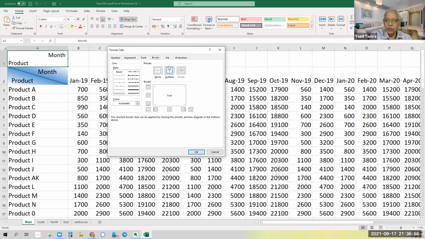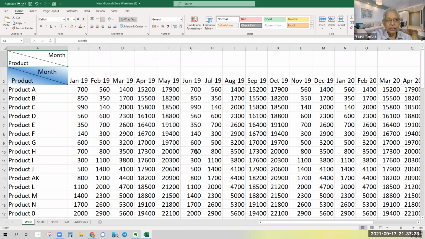Now, borders are not always outside, inside, etc. Borders can be diagonal also. So I want this diagonal like this, right? Or I can take a diagonal like this, whatever I feel like. Are you getting this? Yes. Okay. So I can draw a line like this and I said, okay. So I got the line.